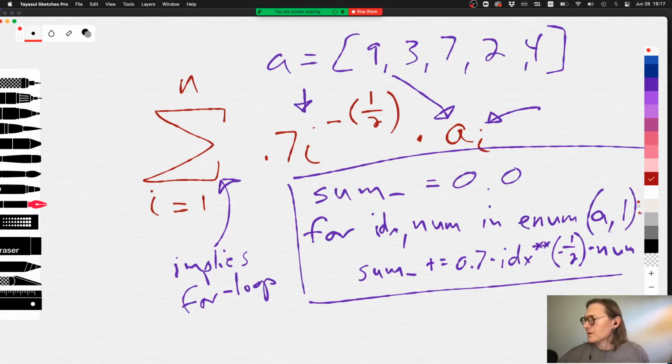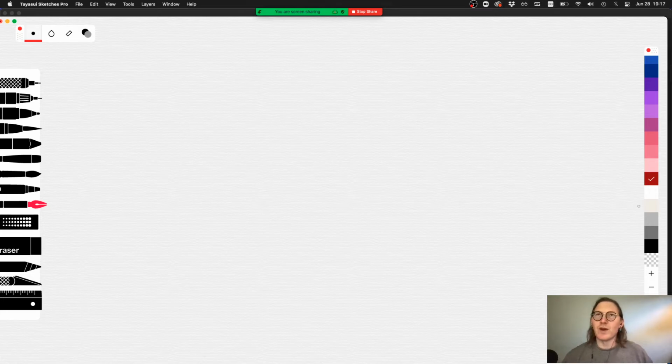Always remember, you can write code with a pen and paper, but you should never really do that because it doesn't make any sense. You can't run it or check your errors. Okay, so